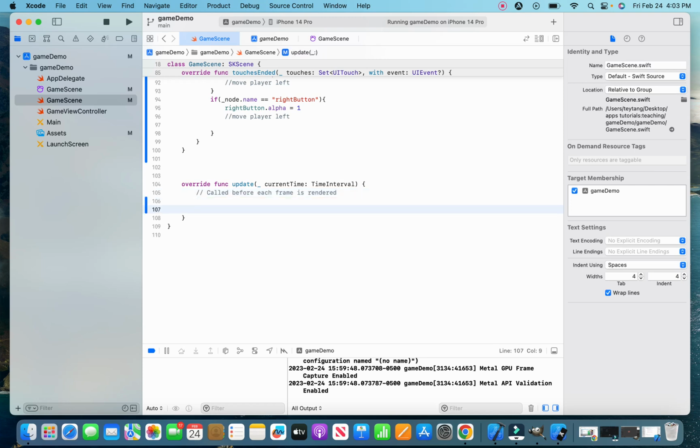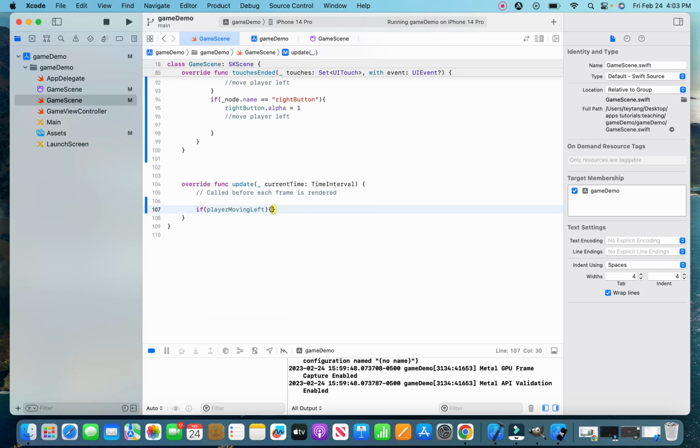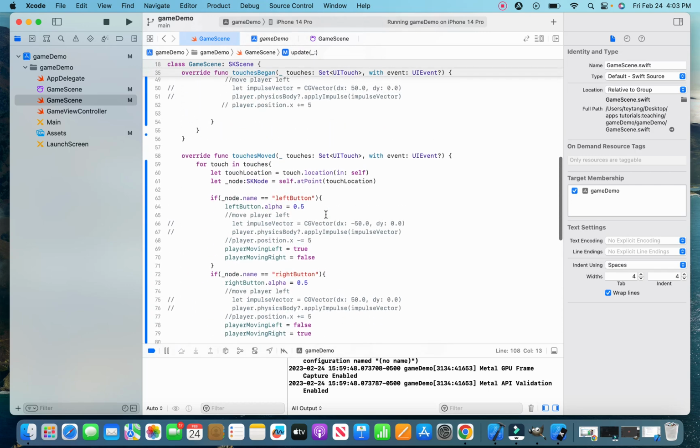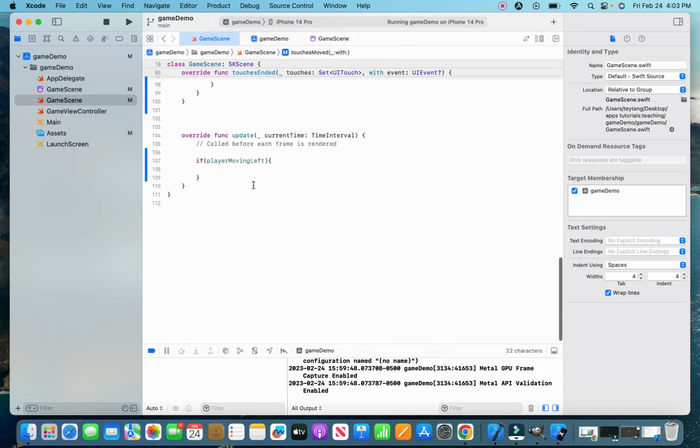So in this case, I'm going to do just an if statement. If player moving right, here's where I add my code for that. Moving right, moving left position. So this player moving right is true. In the render update method here, since moving left, I'm going to do this. And then also, if the player is moving right,